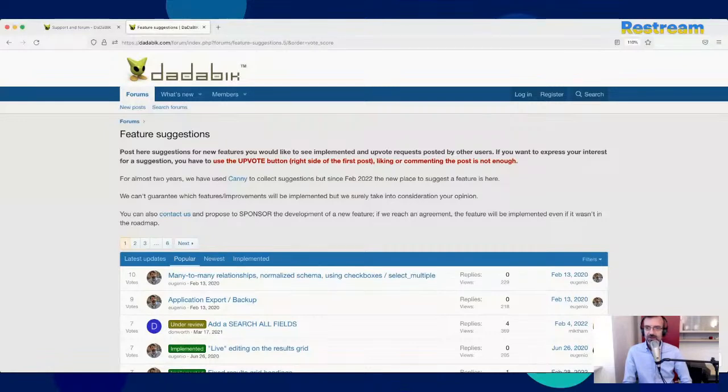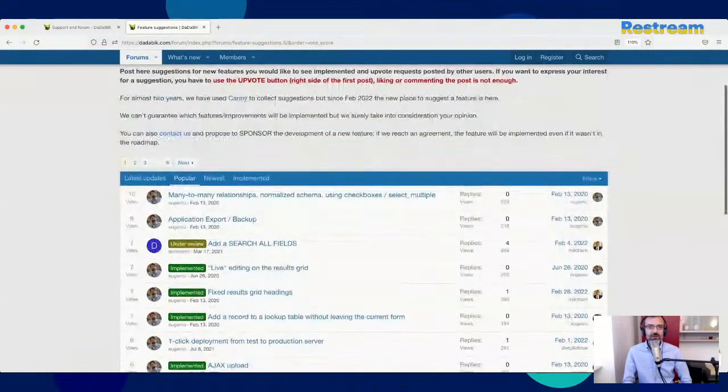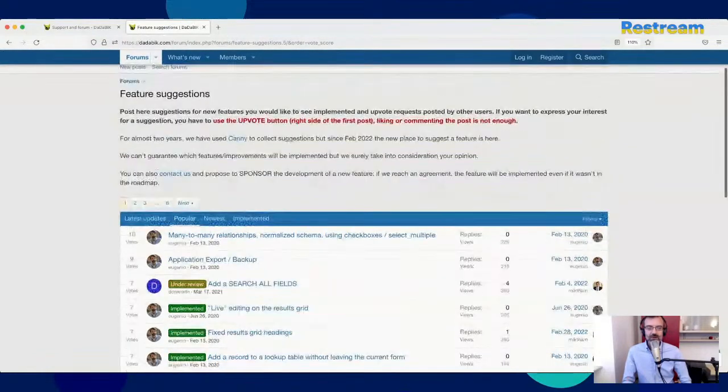So first of all, how does this forum work? DaDaBIK has been, since its very beginning, very community driven when we have to decide which features to implement. A lot of the features that have been implemented during all these years came from the Feature Suggestions Forum.